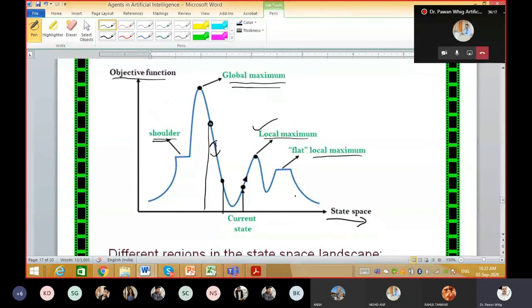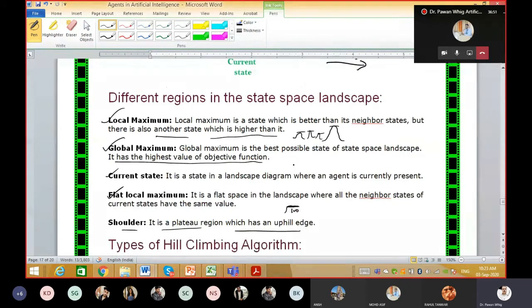How is the shoulder different from the flat surface? Many of you have a confusion in your mind. A shoulder must have, after a flat surface, an ascending face. But for a flat surface, it is flat, there is no ascent. This is the difference between the shoulder and the flat. In a shoulder, I'll repeat it again, there is again an upward movement. But for a flat, there is only a flat surface, no upward movement. So these are the terms that are clarified here, which are shown in the graph.